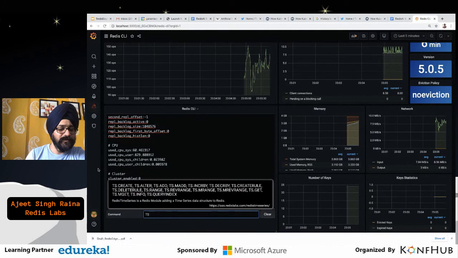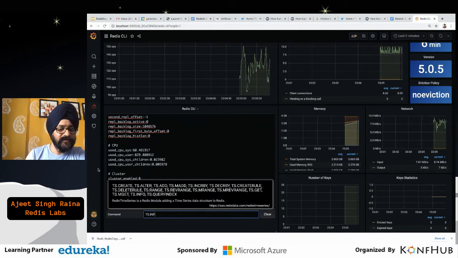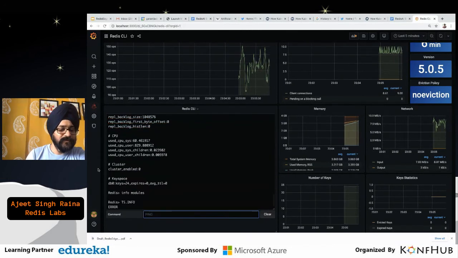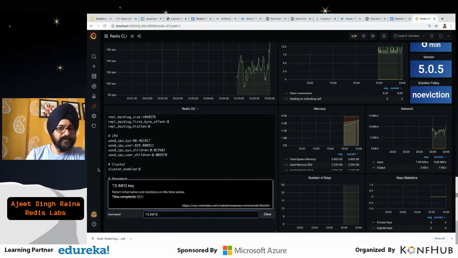But most probably you should be able to see the help window. Think of it as Redis time series. I have all these commands which I can run, like ts.create, ts.info. So it gives you all the information. ts.info expects the timestamp info.